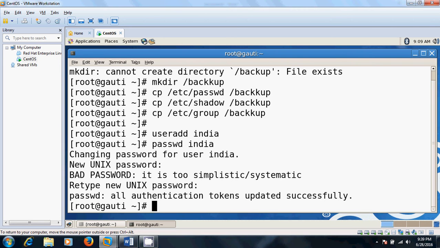Now read the file again with the cat command, or you can use the grep switch to filter the output. Okay friend, let's move. Use the cat command on /etc/passwd. This is called the file. Get the file name india. Okay friend.